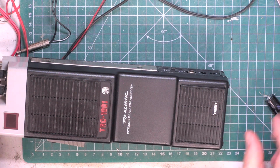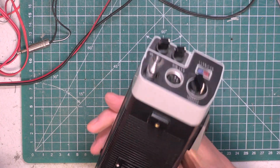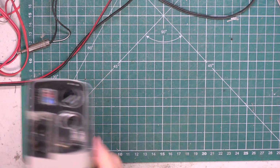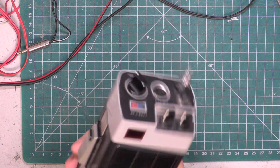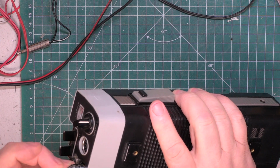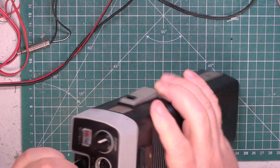So today we've got another realistic TRC1001. I was pretty scared because, mind you, the strap's missing, which is frustrating, isn't it? Because you're not going to be able to always grip the range boost side panels properly. So the top screw-on bobble is missing, and when I started pulling up the antenna,